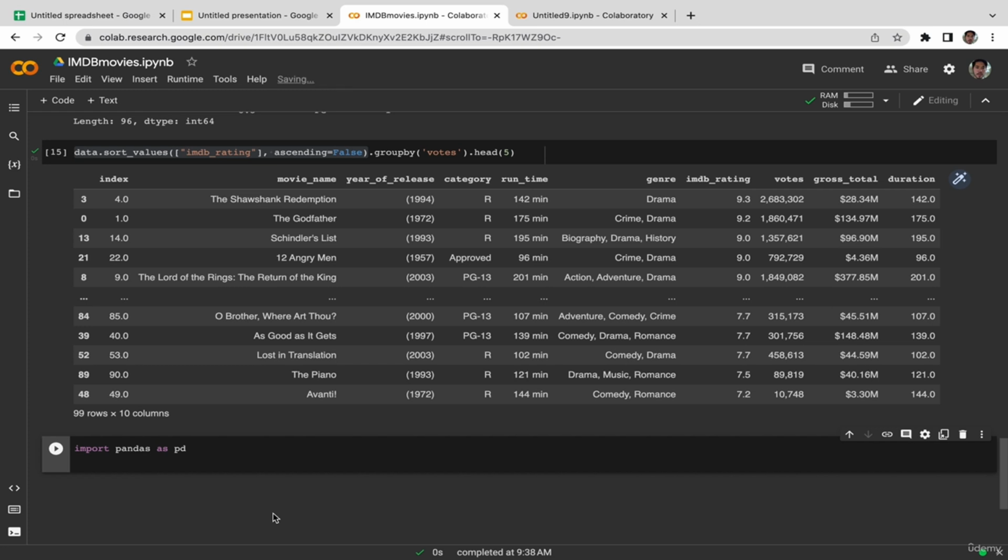Okay, so we're just going to copy and paste the code because the concept is exactly the same. We just need to change the parameter since we are dealing with the gross total column, so the parameter is going to be gross total,